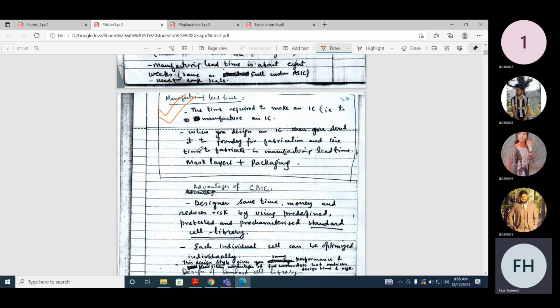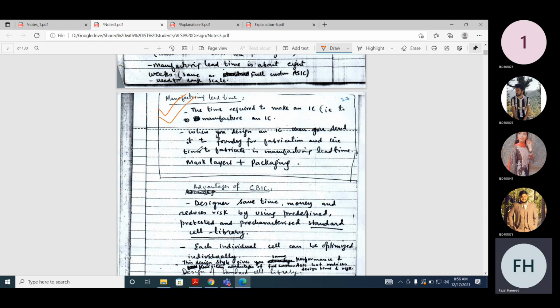So it's already manufactured. It's in your hand. If you compare full custom ASIC or cell array-based ASIC, first when you make a design, you have to send it to the foundry. You send all of the design to the foundry, and they will fabricate the design. They will not only fabricate the transistor, but they also fabricate the metallization layer. But if you have an FPGA chip and you want to program it, the FPGA is already there with you. When it's there, you just need to download the program and then you do it.